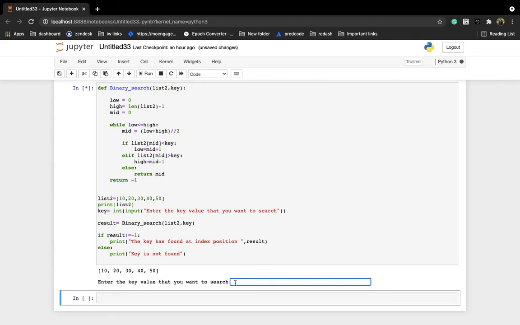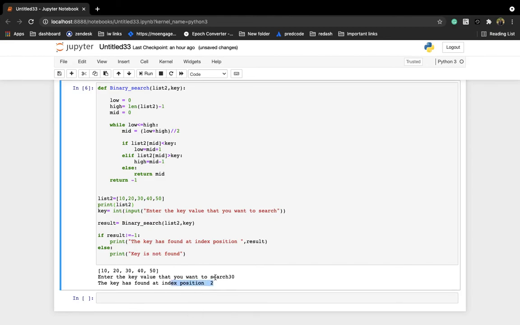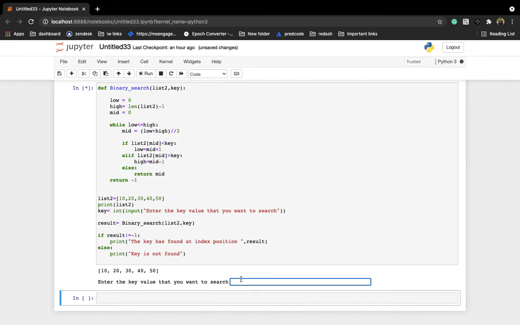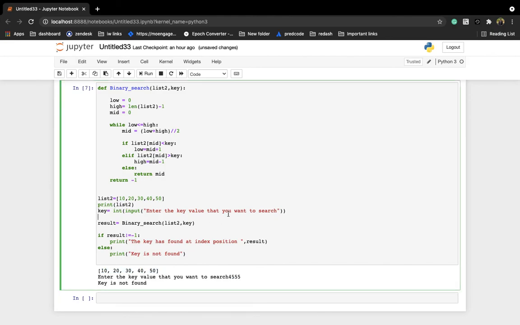Here I want to find 30, so it's 0 1 2, second position, index position 2. Let me try some false cases. Let's say I'm writing here 4555, once you execute this, key is not found because it's not present in this list, right? So it's working as expected, right?